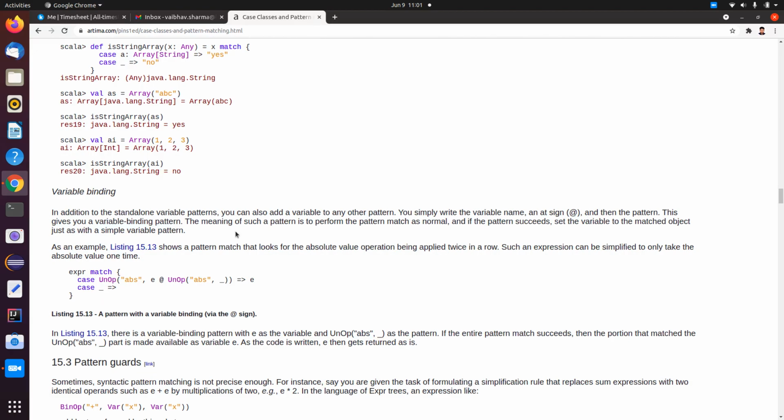And then the last thing is variable binding. For variable bindings we need a variable name, and then the @ symbol, and then the expression or the constructor or the sequence that we are trying, and it will give E as an output. In the variable binding we bind E to this, where E is the variable. That's how variable binding is done.